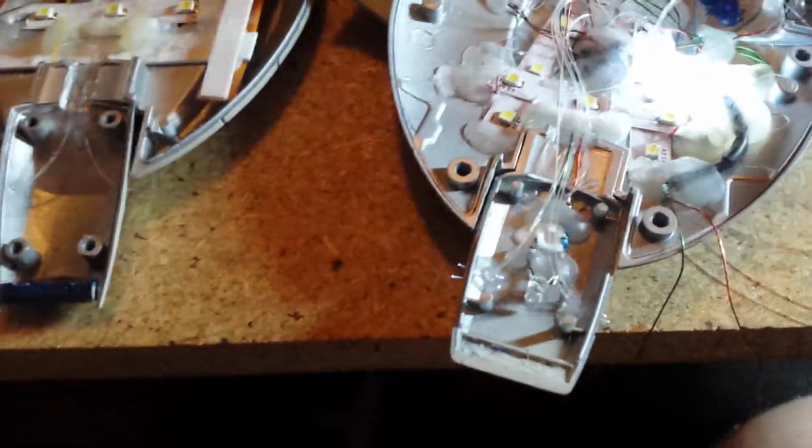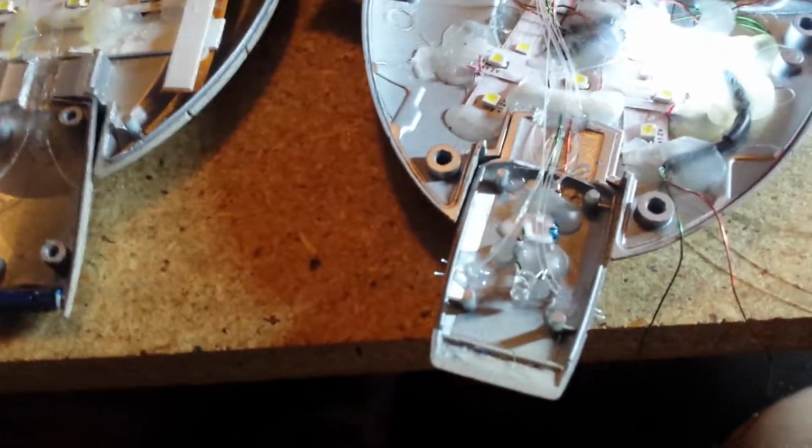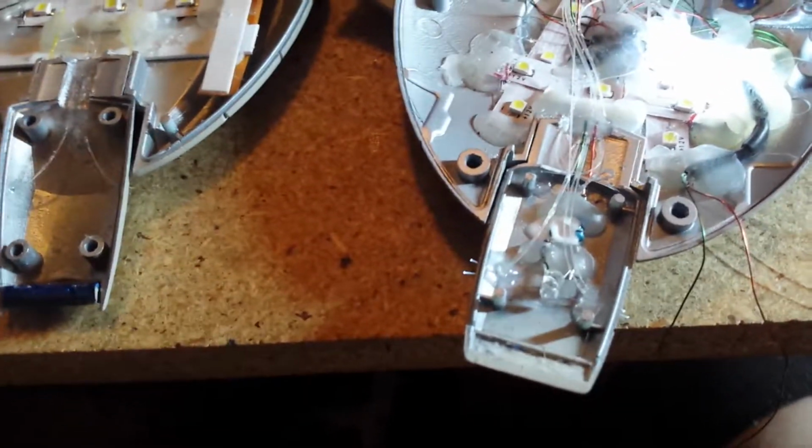So, bear with me. After I finish the last video and start uploading it, something popped into my mind about some other stuff that's necessary. So, like I said, I'm trying to be as complete and thorough as I can. So help you guys out if any of you are interested in lighting up this model or anything else. I mean, a lot of this stuff pertains to just about anything as far as the lighting goes. But